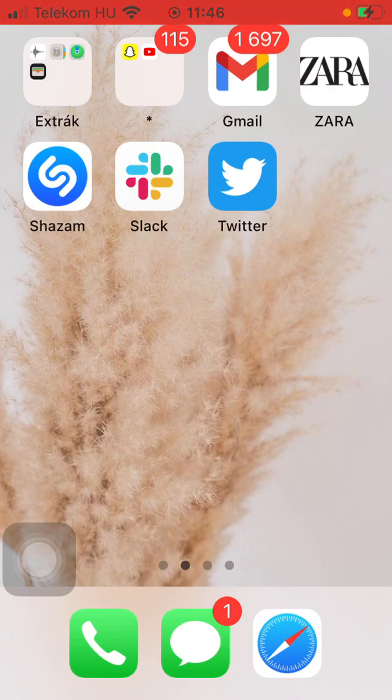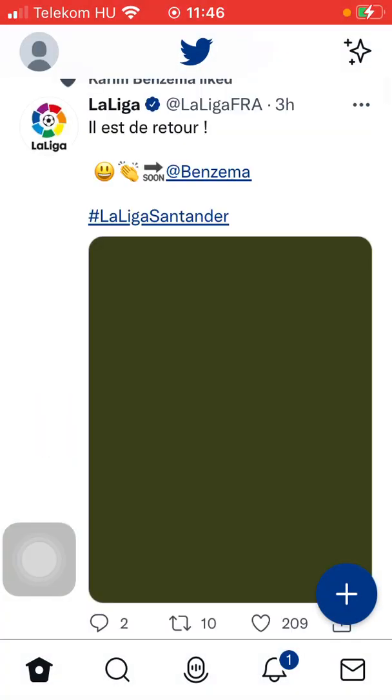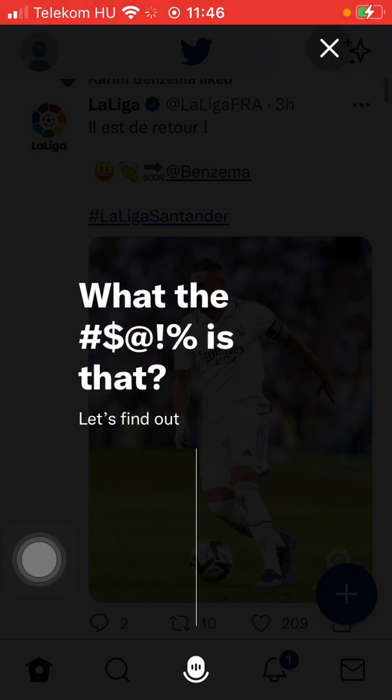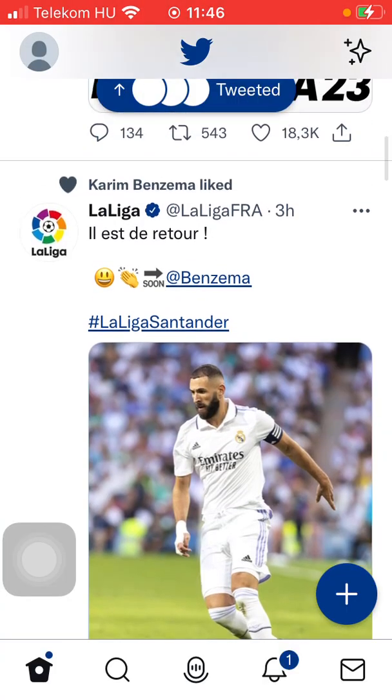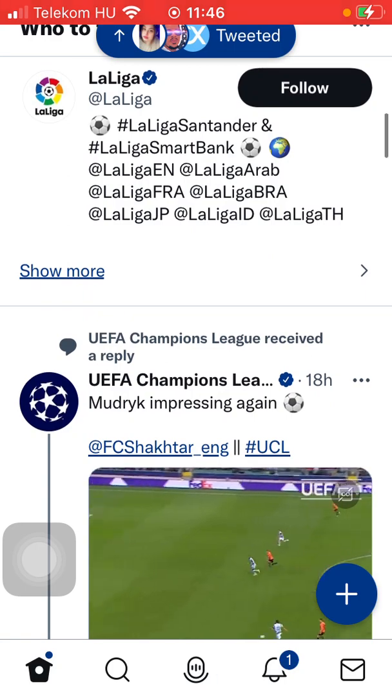So let's jump into it. First of all, open the application on your phone. Tap on the home icon down below, which is the first option, and select a user that you want to